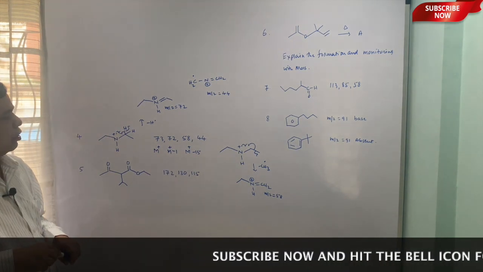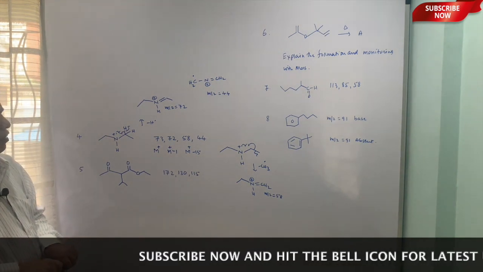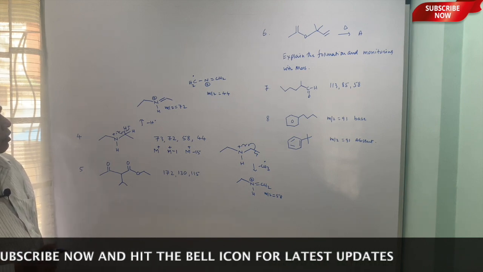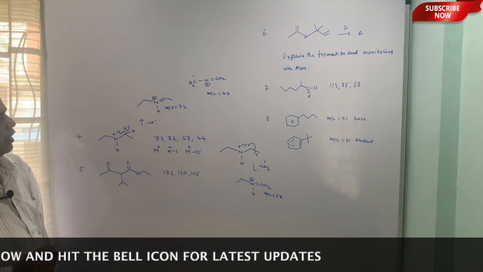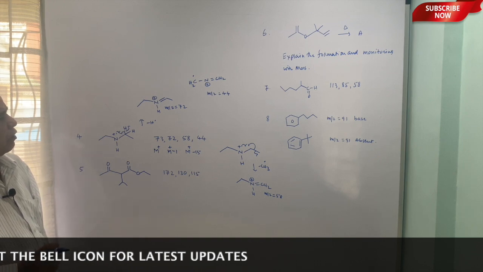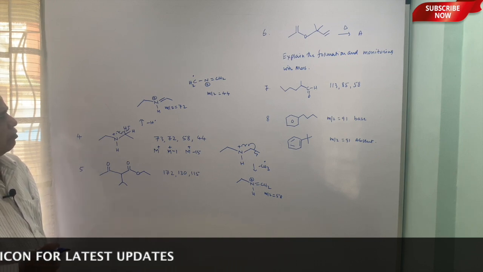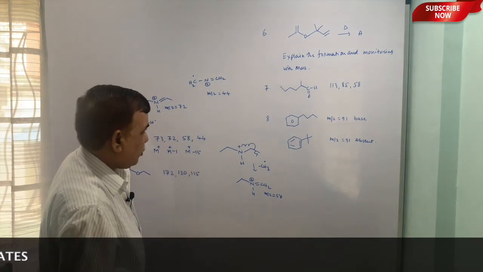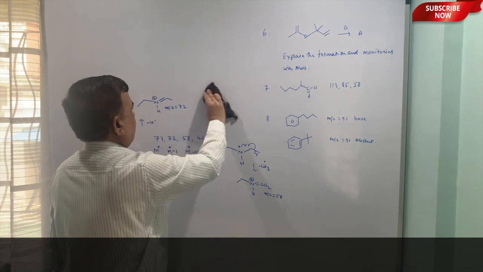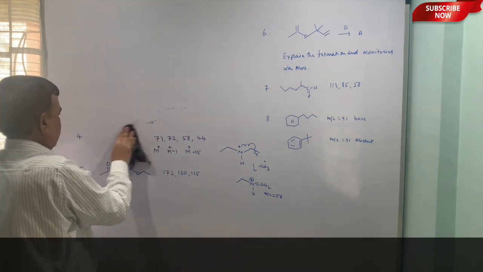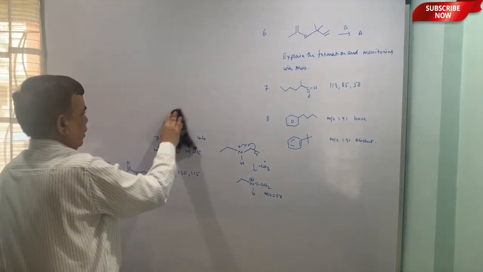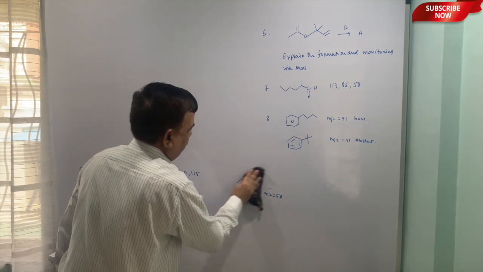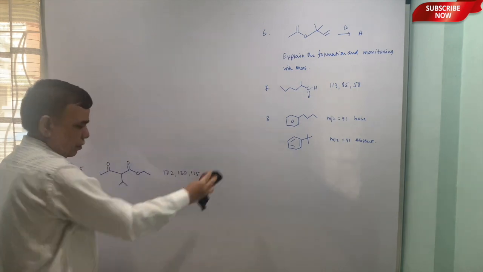So you have to lose, like 24, 28, 28 and 14, 42, not this one, maybe we can work out. So that is the 44 means it is loss of, so